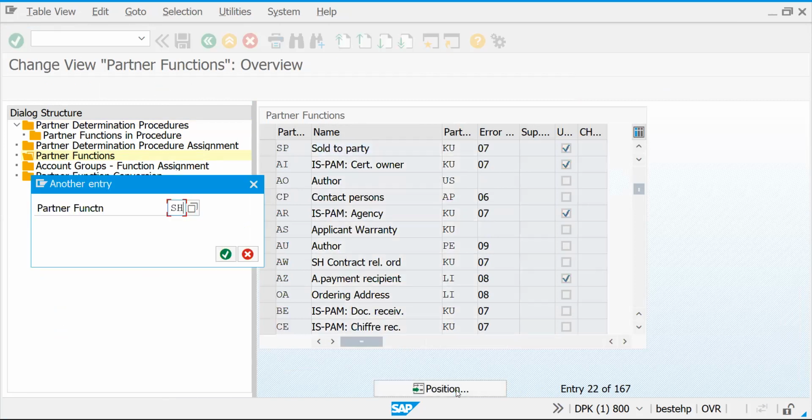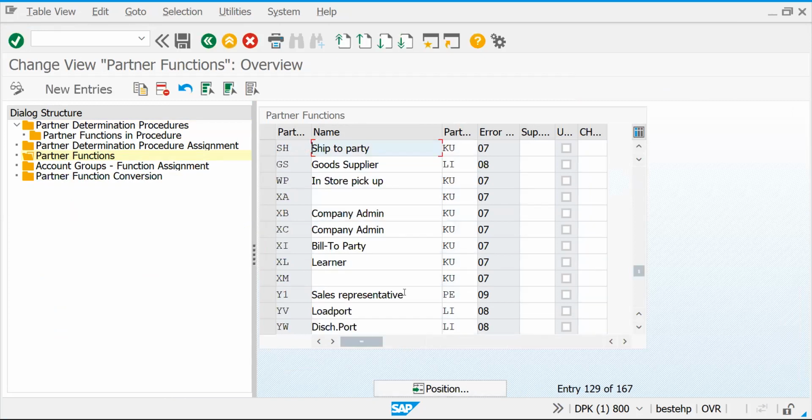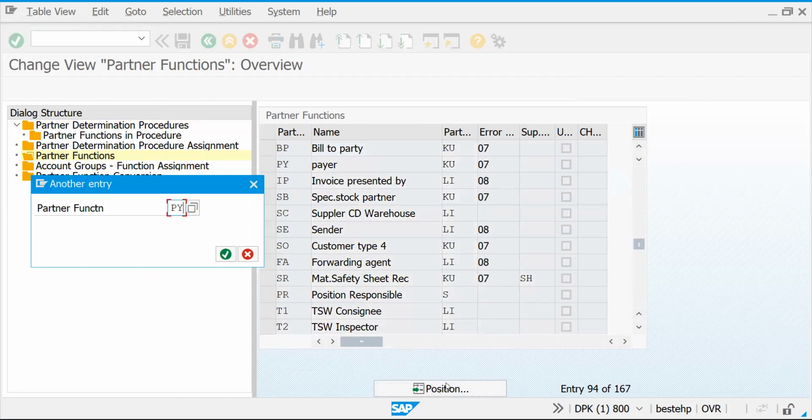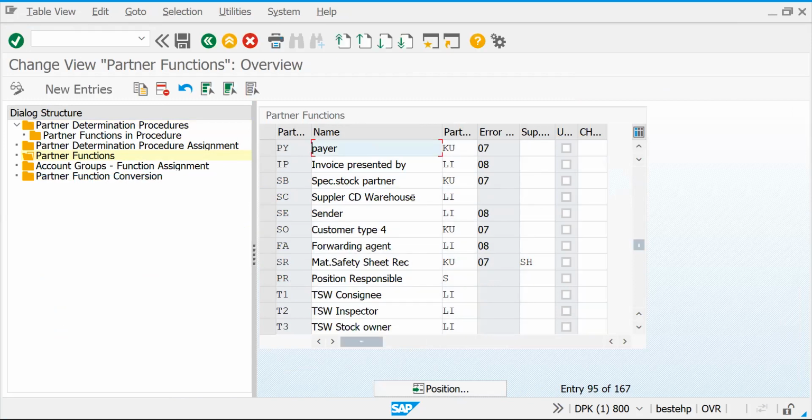This is standard, you need not define it, it is already available in SAP. Ship to party, bill to party, payer, like that. All these are available partner functions. Apart from these, if you want any new partners beyond what SAP provides as standard, you can create them with a 2-digit code. If you see, this is forwarding agent.